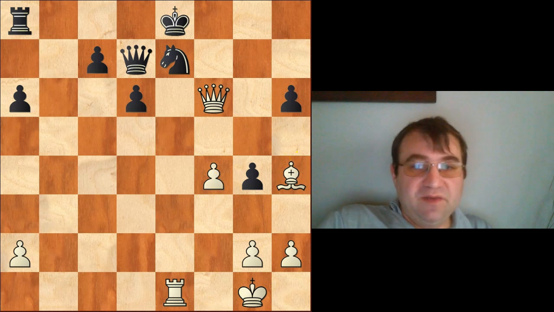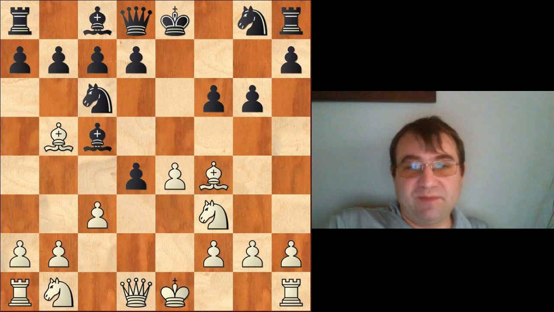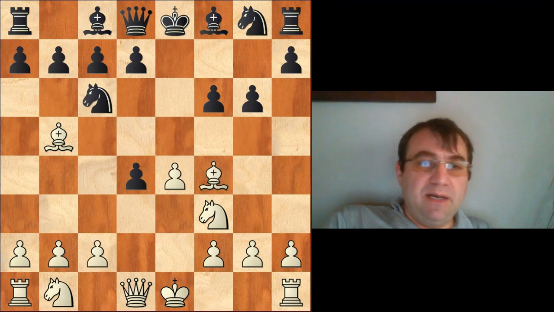So if a computer can't defend it with black against best play, a person definitely can't defend it with black against best play. So basically, after a move like bishop c5, you can play c3 and just be very, very confident that this position is major advantage white. But after bishop f4,